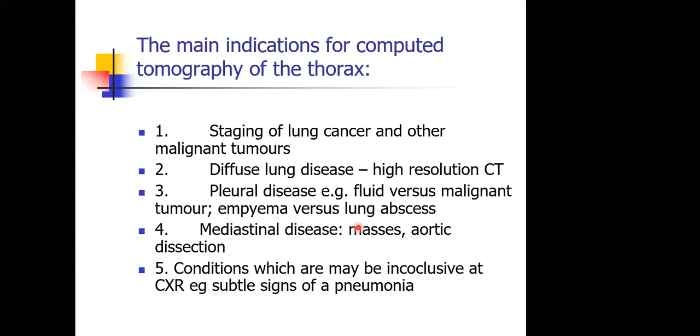And lastly, we use CT a lot when we have to carry out interventional procedures in the thorax, especially taking out biopsies from the lungs. So, not exhaustive, but those are some of the key indications of computed tomography